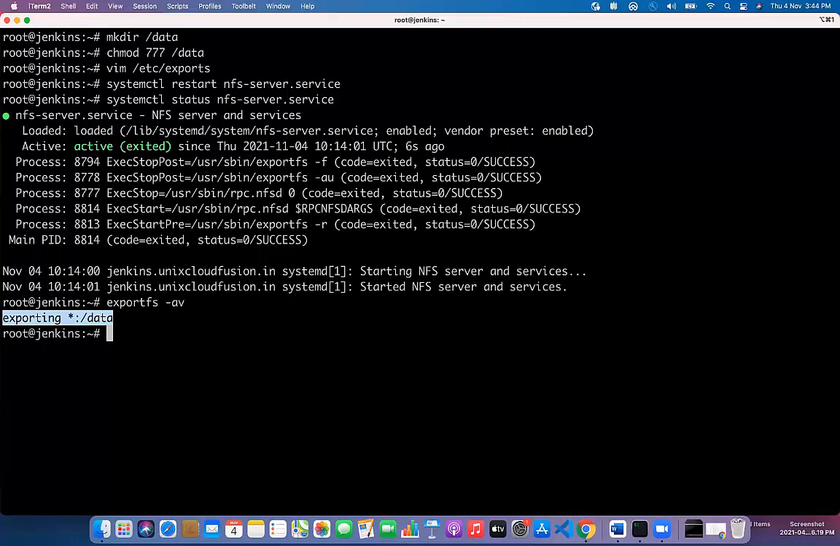Now we are going to use this NFS mount and we are going to create a persistent volume using this NFS module that we have just installed. So we will be creating a persistent volume over this NFS mount and we will be using this inside our Kubernetes master server. All right, so next we are going to create a persistent volume